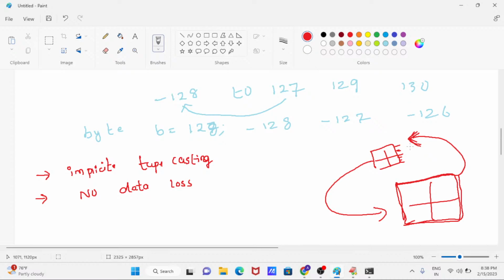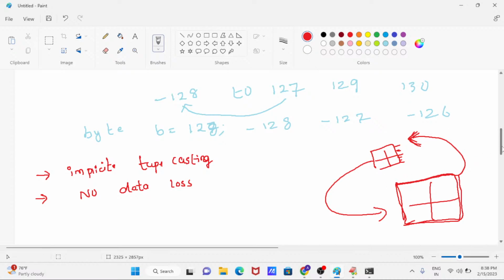So you're not going by feeling or emotion, feeling sad. You just go technically, Java wise. Data loss is there. They can't shift all the furniture into the small house. Why? Because in the small house you only have some space: only one bedroom, one kitchen, only one hall. It's a very small room.